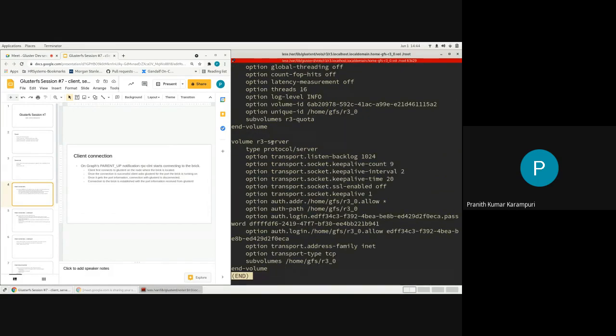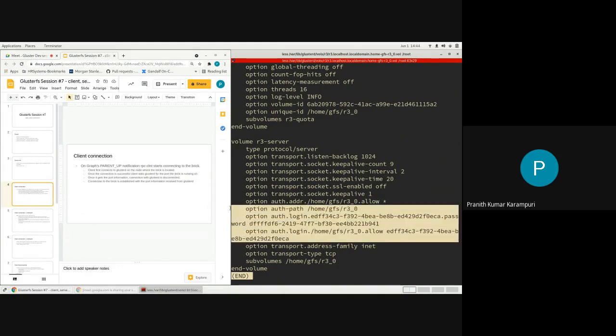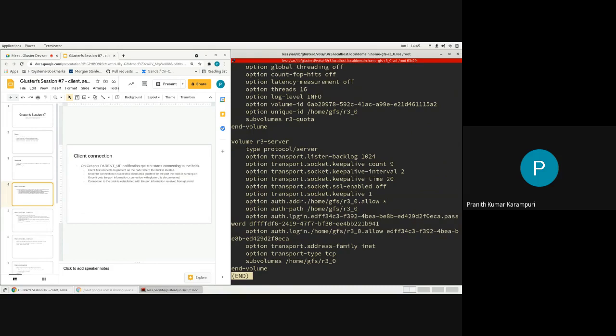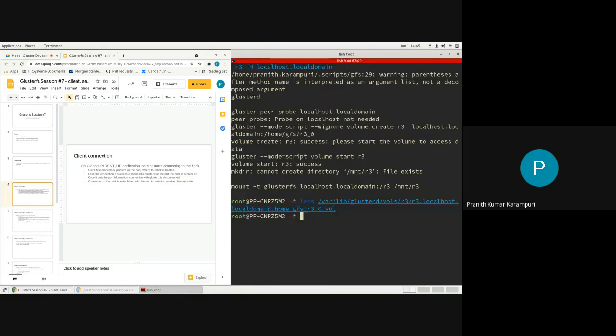So maybe I'll just cover these things and then we can go back to the client. So these are the auth parts, like auth login, and these are the options related to authorization path and authorization address. These are the authorization related options that get set up in server translator when it is coming up.